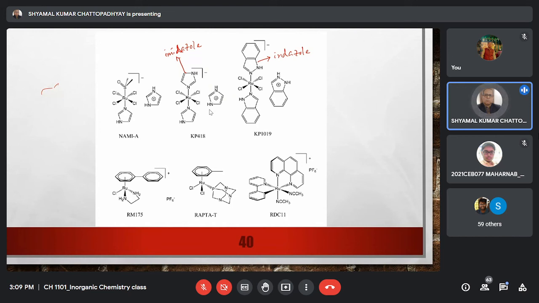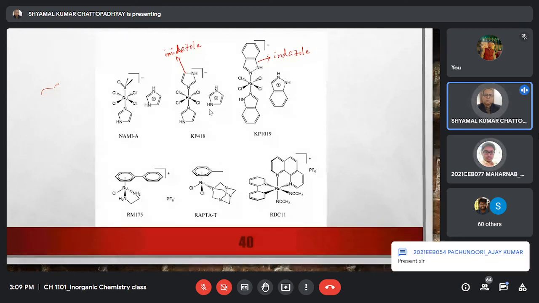But as of now, there is no chemical compound which can distinguish normal cell from cancer cell. That's why any cancer chemotherapy has serious side effects, because along with cancer cells, normal cells are also destroyed, and that is the disadvantage of chemotherapy. Okay.